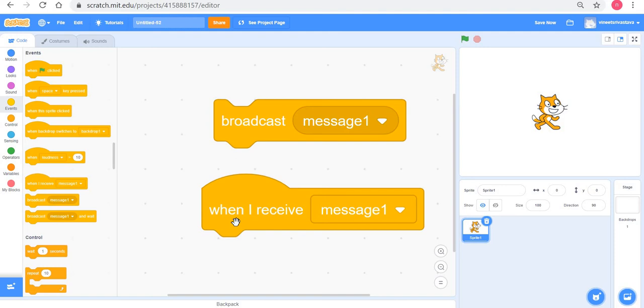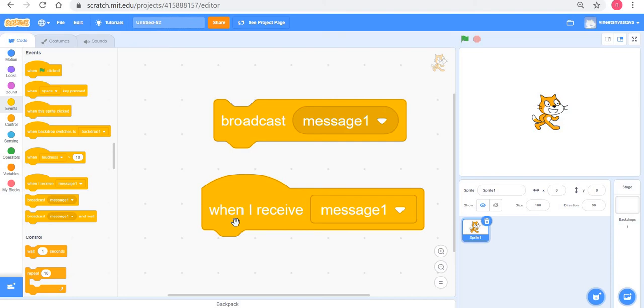So what is broadcast? Like I said, these are messages being passed between sprites. An analogy here is very helpful, and that is a radio. When we go into the car, we turn on our radio and listen to music, or even at home we just turn on the radio and listen to music. How is that happening? It is happening because there is a radio station somewhere in the town which is broadcasting the radio program, sending it out to everybody.